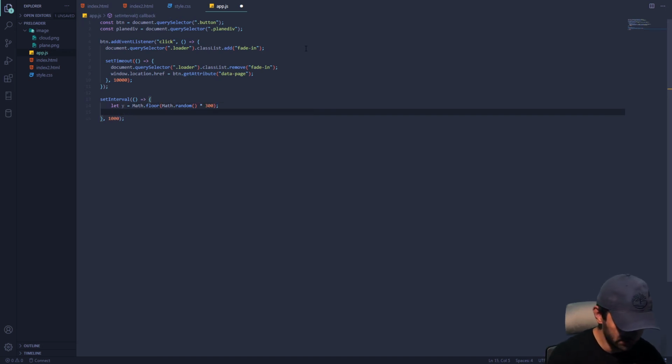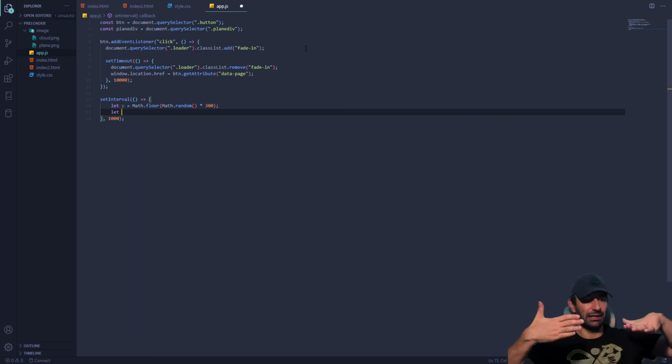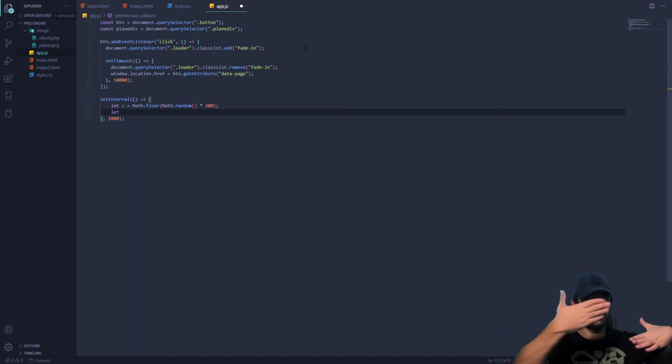Okay, so I'm gonna also create an illusion which is gonna get like the flip coin. It's gonna be 0 and 1. If it's 0, then the cloud will go back from the back of the plane. If it's 1, the cloud will pass from the front of the plane. I'm gonna create this illusion of clouds passing randomly, even from the back of the plane or from the front of the plane. It's gonna get the flip coin